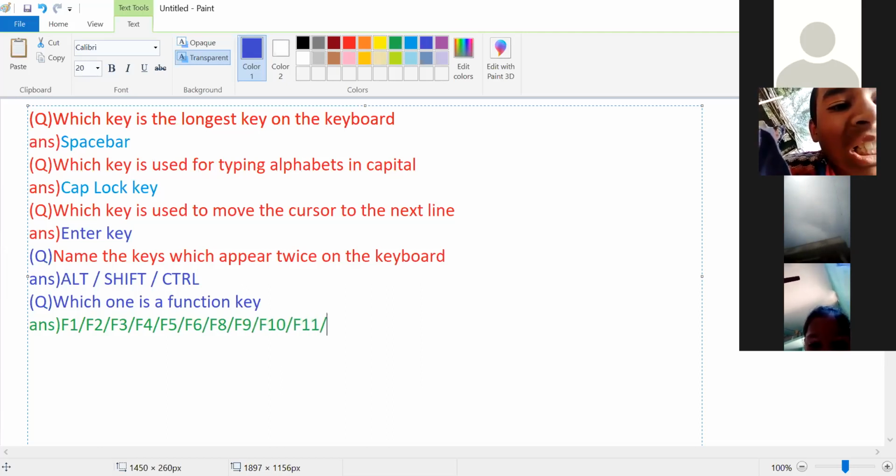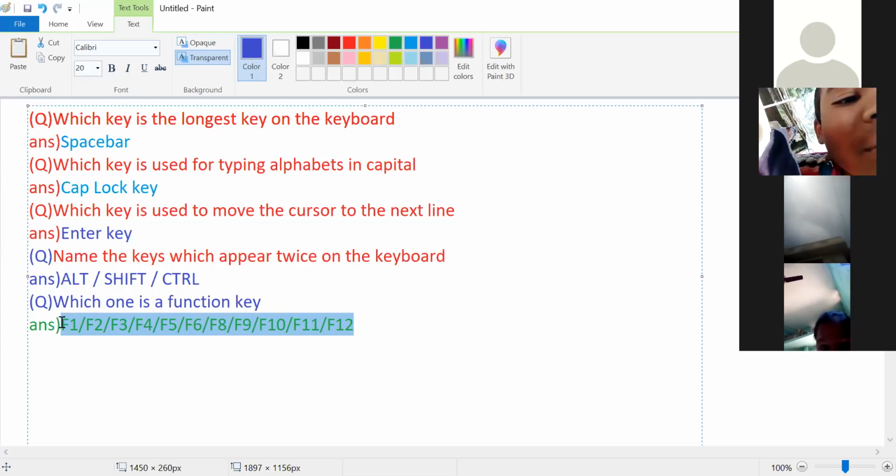These are the function keys on the keyboard.